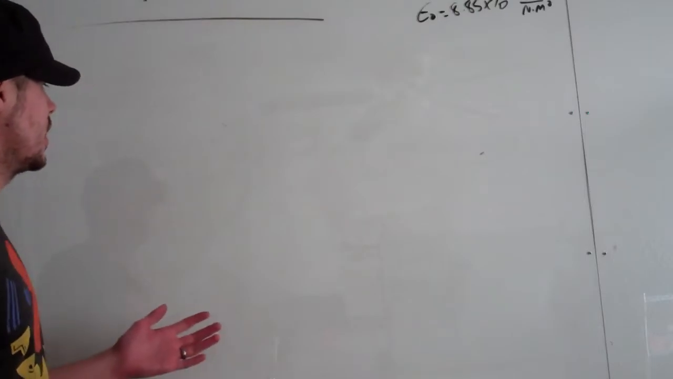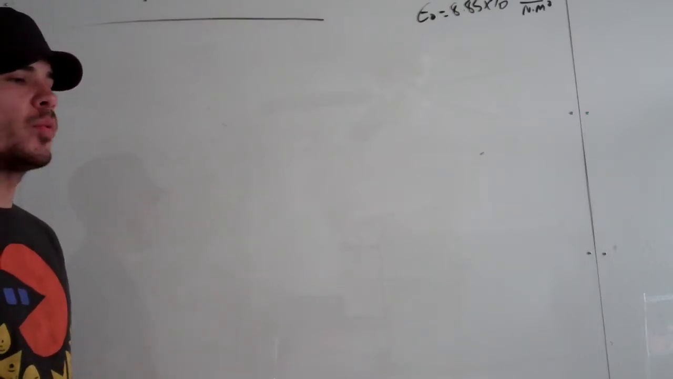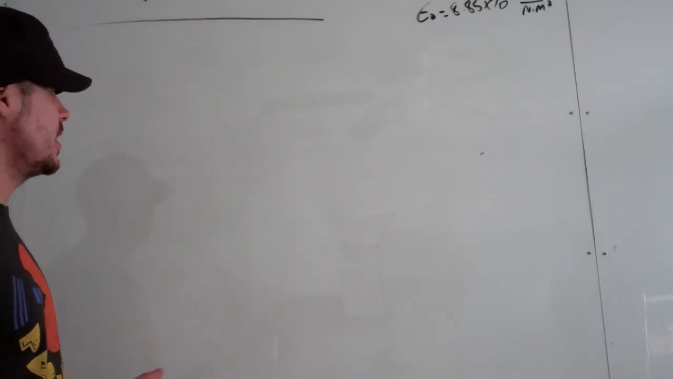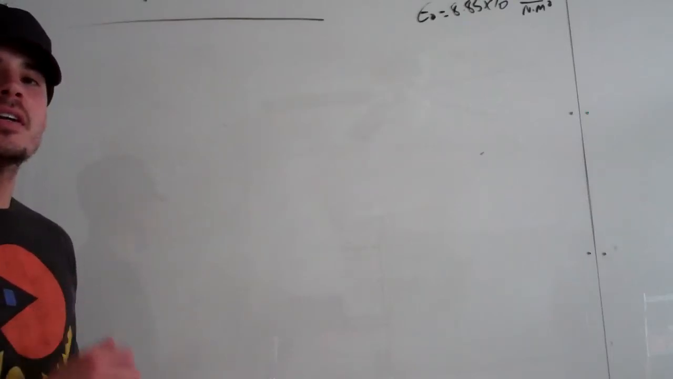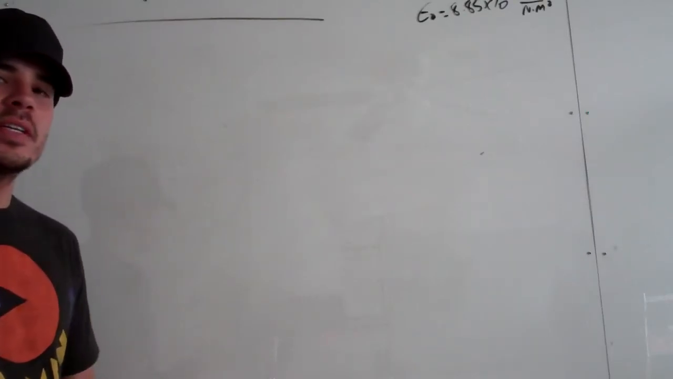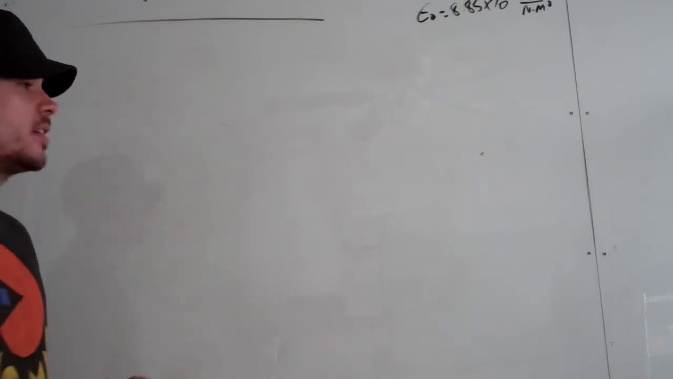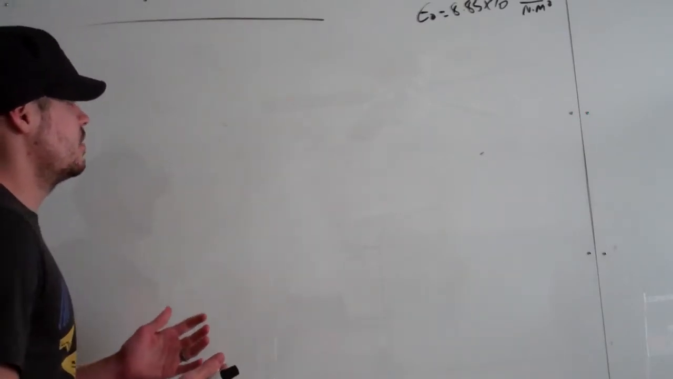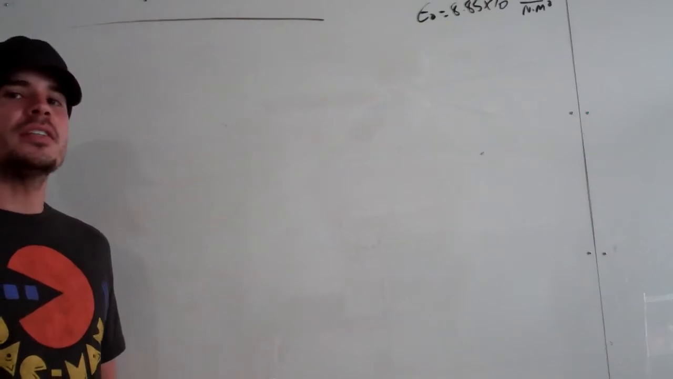Today I'm going to be going over Gauss's law. We're going to try to figure out the E-field of a conducting sphere at a certain radius. So let's get started. Alright, so let's say we have a solid conducting sphere